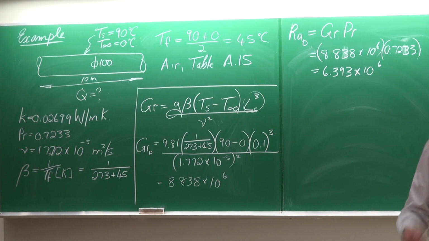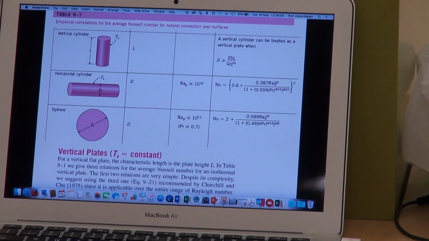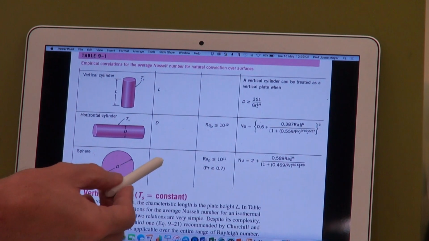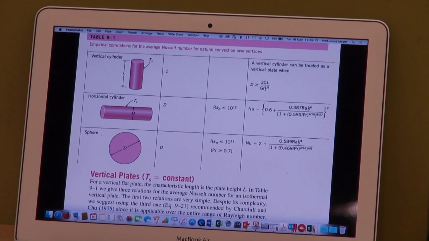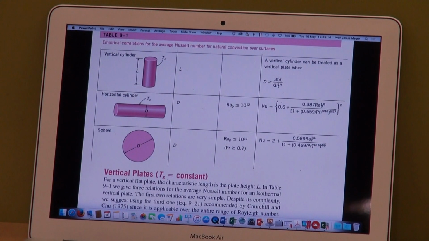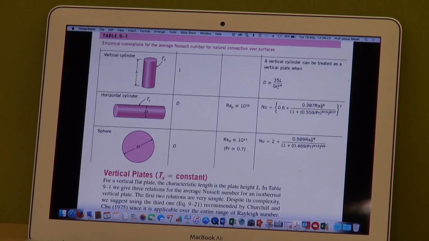Cameron, if you can just go back to the PowerPoint for us, please. So if you look at the horizontal cylinder here, you'll see that the Rayleigh number should be smaller than 10 to the 12. We are smaller than 10 to the 12, so we are fine. So that's in range. And therefore, we can then calculate the Nusselt number as